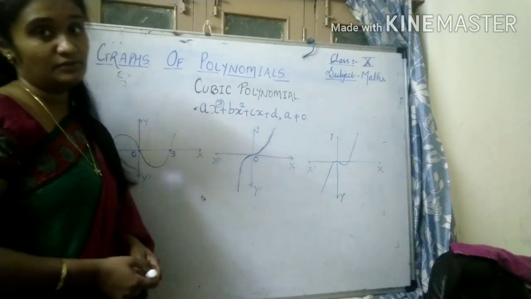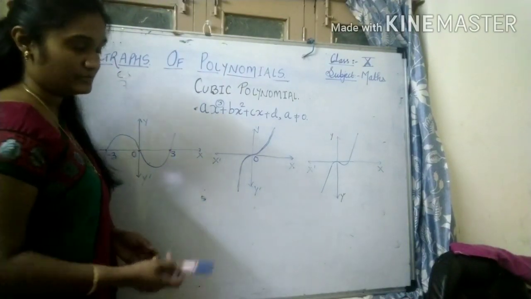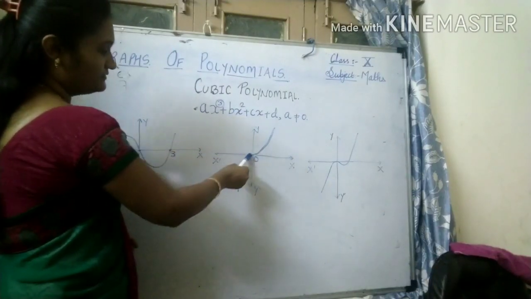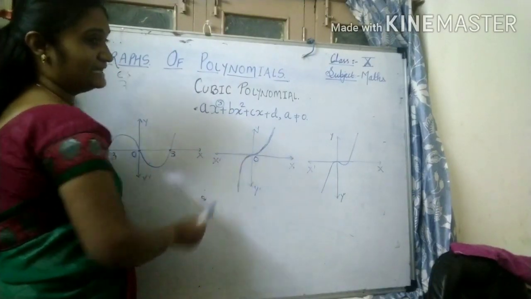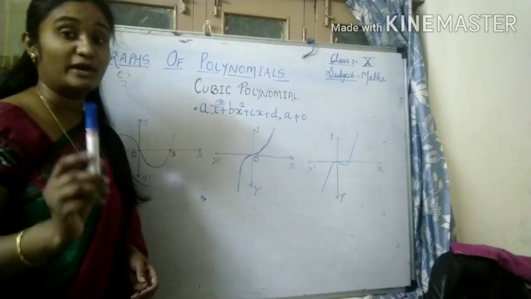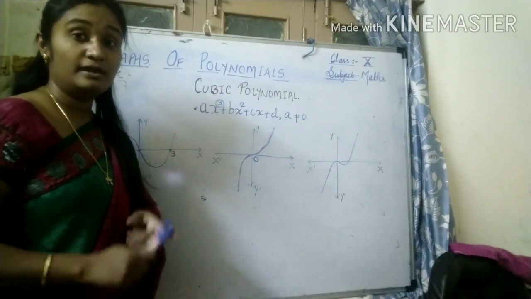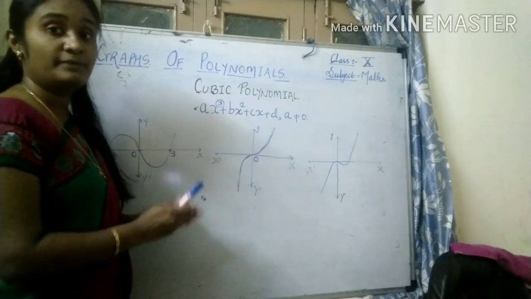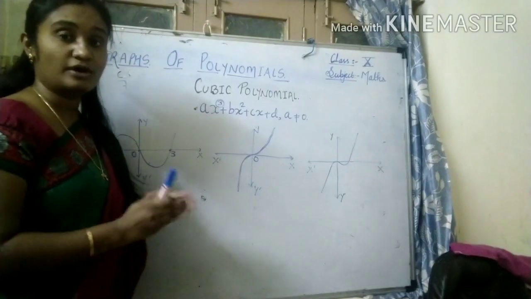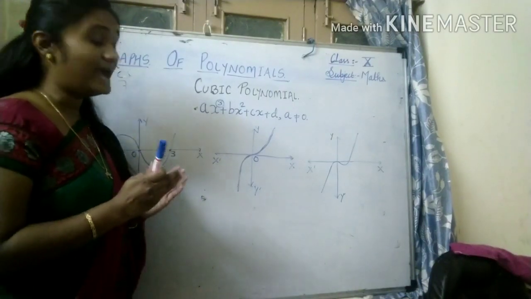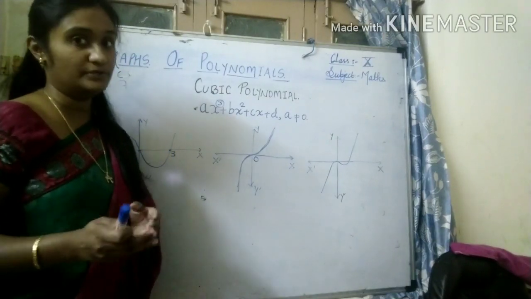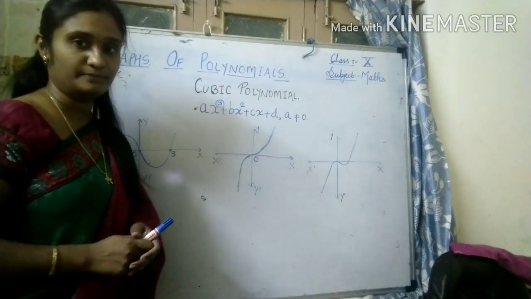If all the three values are equal to each other, for example 0, the graph of the function is going to intersect the x-axis exactly at one point. It doesn't mean that it has only got one zero. It means that the cubic polynomial under consideration has got three zeros, and all these three zeros are equal to each other.